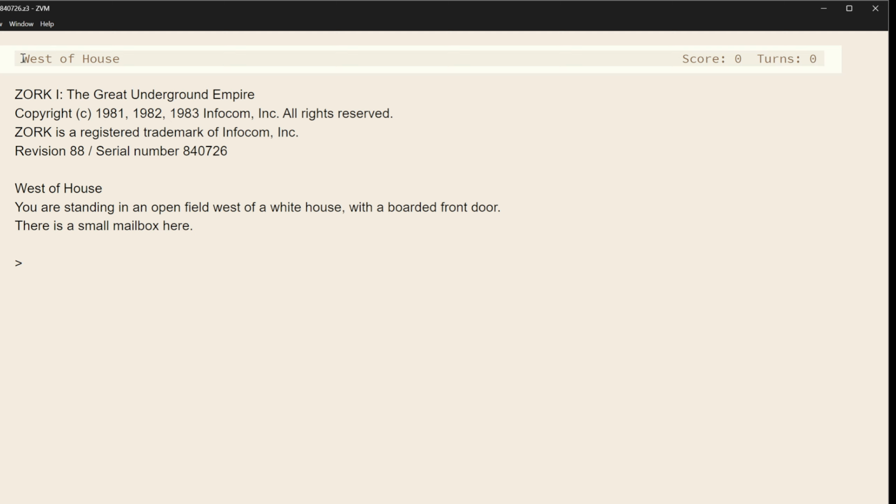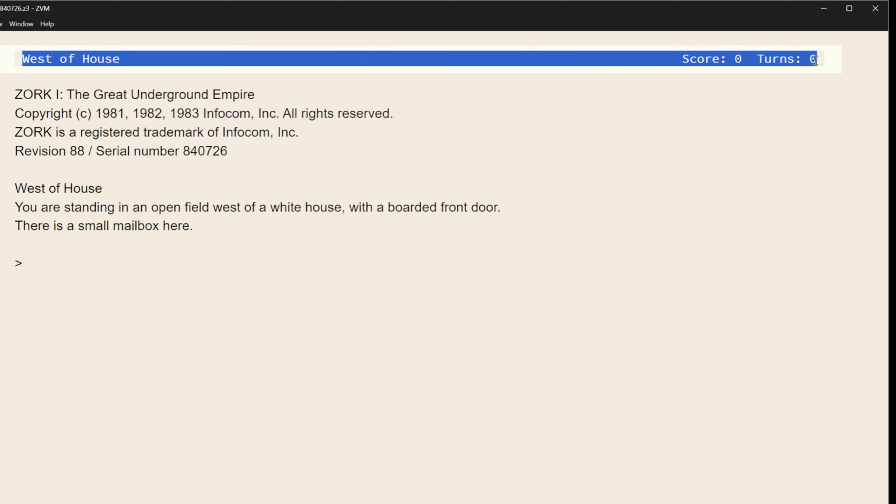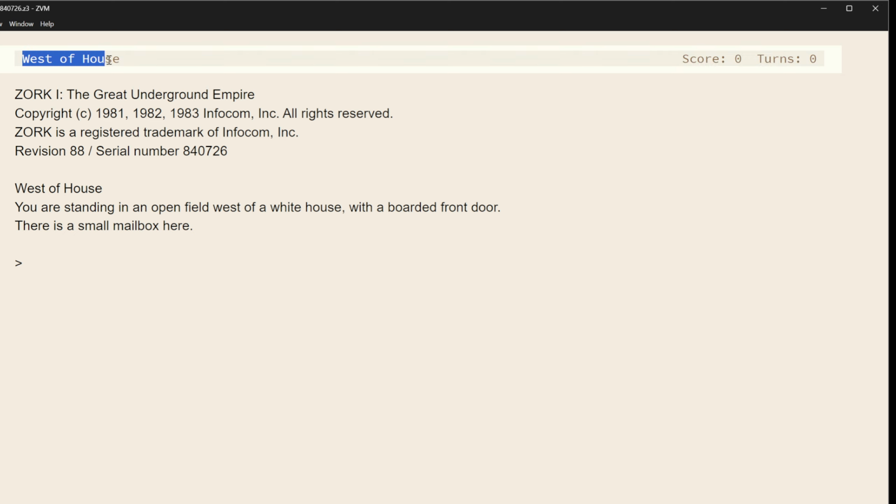At the top we have what's called the status line. Now, different authors use the status line in different ways, but a common approach for these older Infocom games is to have this over here on the left, which is the name of the quote-unquote room. Room is kind of a tech term. Like right now, we're not actually inside anything, we're outdoors, but this is called a room. You can call it a location if you want, but this is the name of the place where the player currently is. This is their current score.